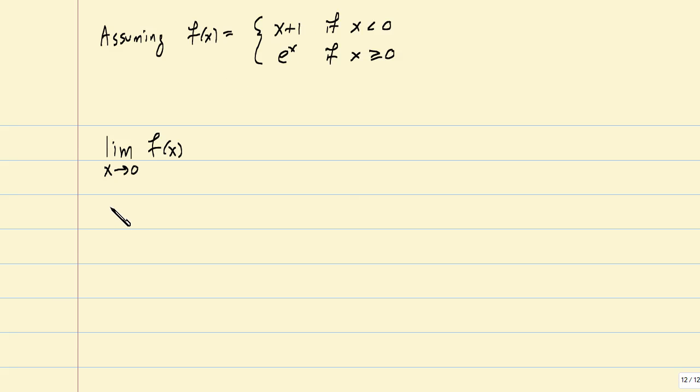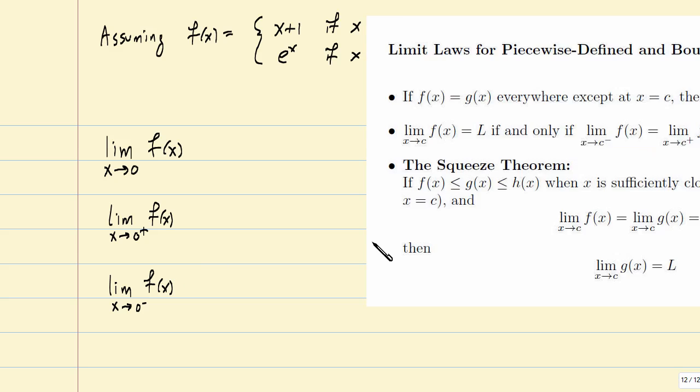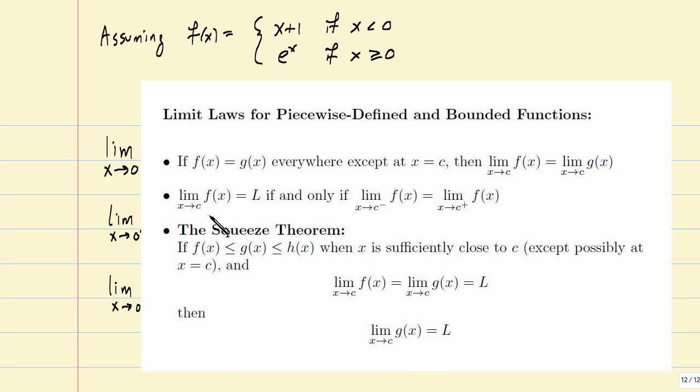So perhaps here it's better to split things up into what's happening as we approach 0 from the right and what happens when we approach 0 from the left to f of x,